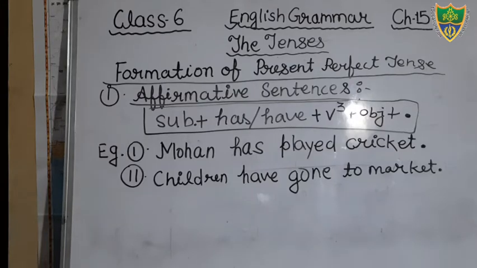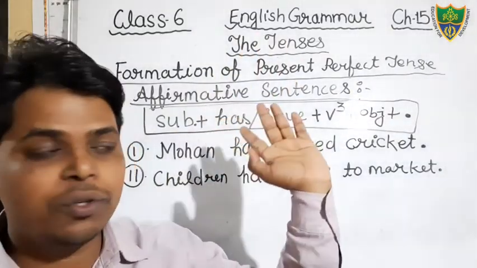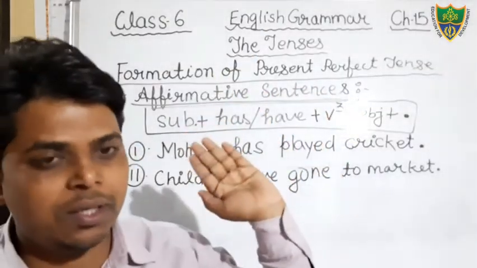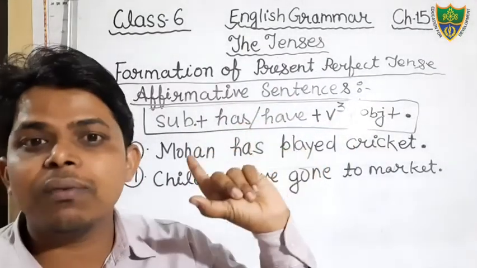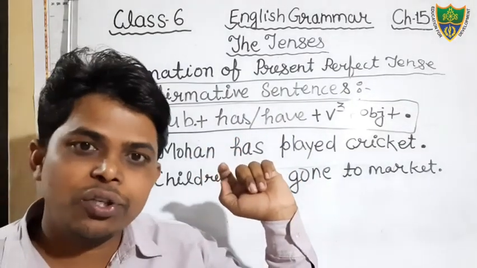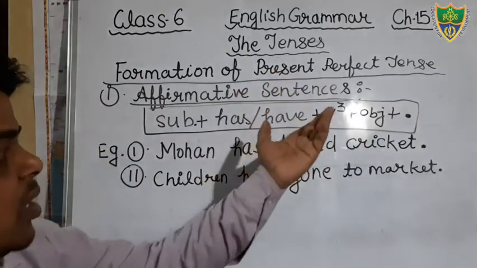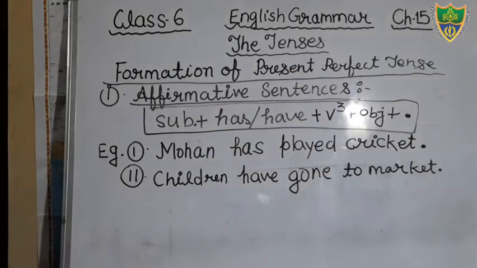Okay, students, so this is the structure of affirmative structure of present perfect tense. So on the basis of this structure, you will frame the sentence. Keep in your mind this structure. On the basis of this structure, you will make the sentences. So you write it in your notebook and after completing it, you will put the heading next negative sentences. Now we will discuss the negative sentence. Okay students, I am going to erase it.